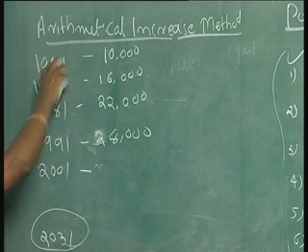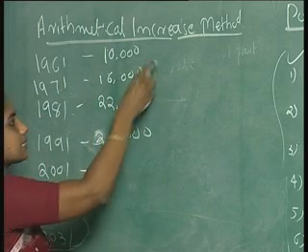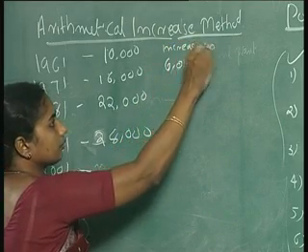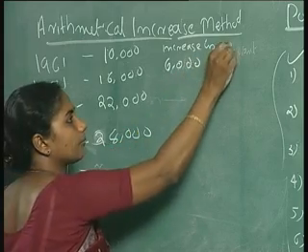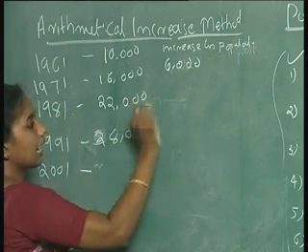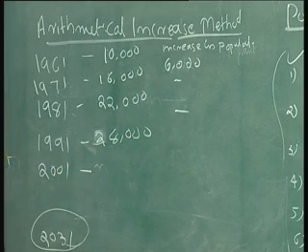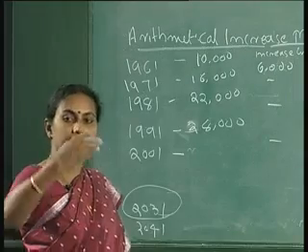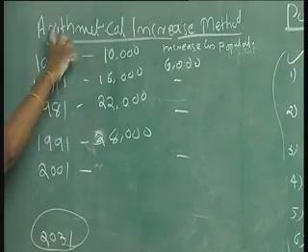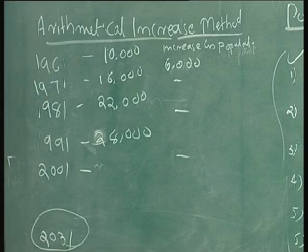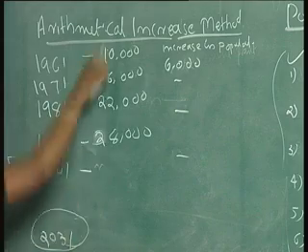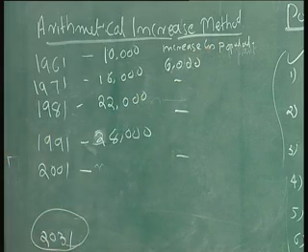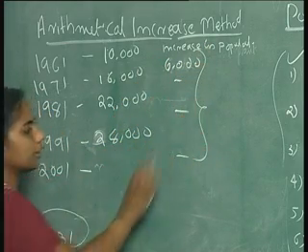So you can find out the increase in population in each decade. If you take 1961 and 1971, the increase in population is around 6,000. You can calculate the increase during each period up to 2001, because from the census data we get the population information for each decade, and from that we can find the increase in population in each decade. So from this information we can find out the